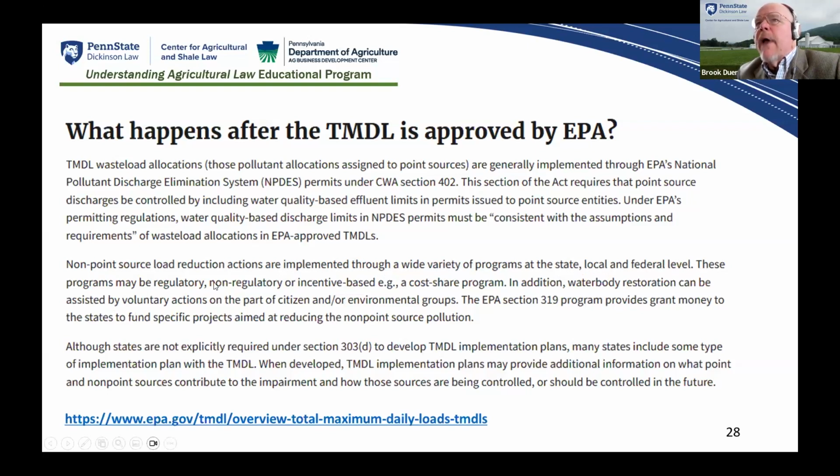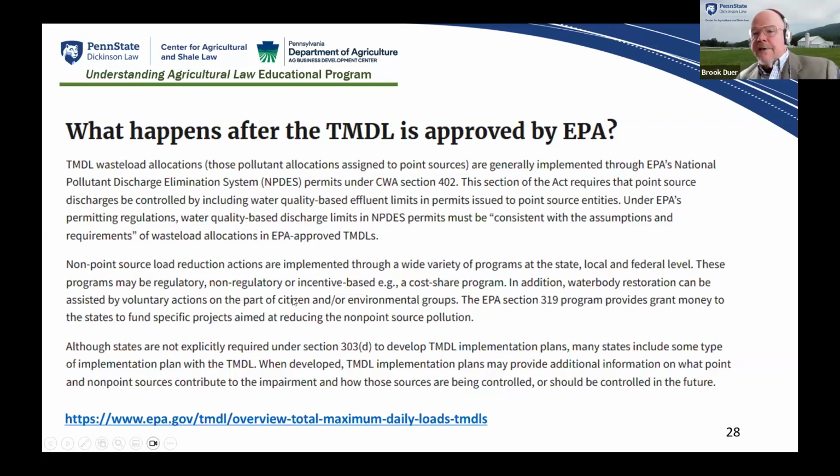These programs may be regulatory, though not rarely do they make them mandatory, or non-regulatory, or incentive-based. In other words, cost-sharing programs, encouraging people to voluntarily do these things with a little green. So in addition, water body restoration can be assisted by voluntary actions on the part of citizens or environmental groups. Well, we see that in spades right now in Pennsylvania with all of the water quality groups and the money